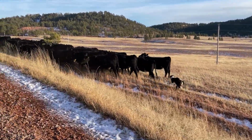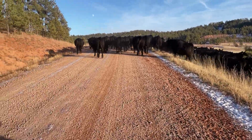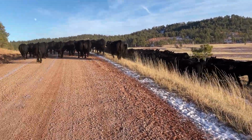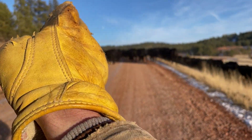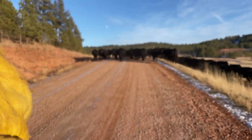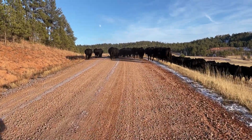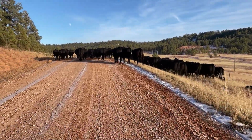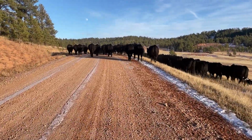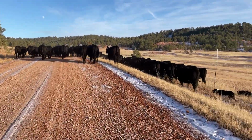Get them out to the gate. Alright, Chris is about to the gate. I'm gonna have to buzz up around these guys and get them turned into the gate, because there's a gate right on the corner of the county road and then it jogs. So every once in a while our cows will go around the gate and up the wrong side of the fence, and there's not another gate for quite a while. So I'll see if, once we get to the very point of this hill, I can get around these guys without shoving them through the fence and zip up there and turn them in through the